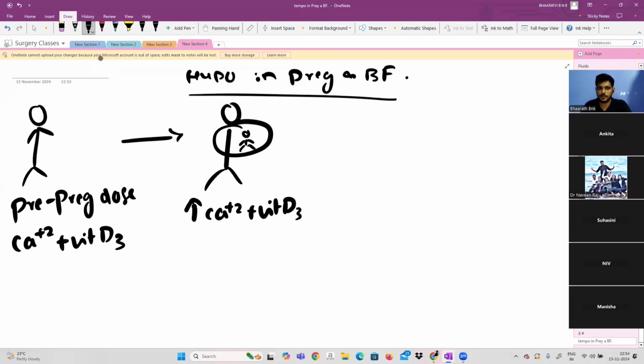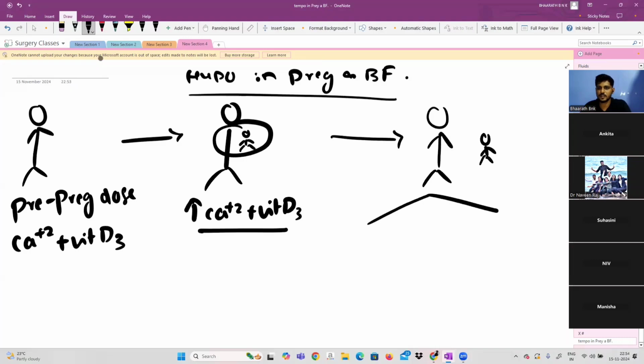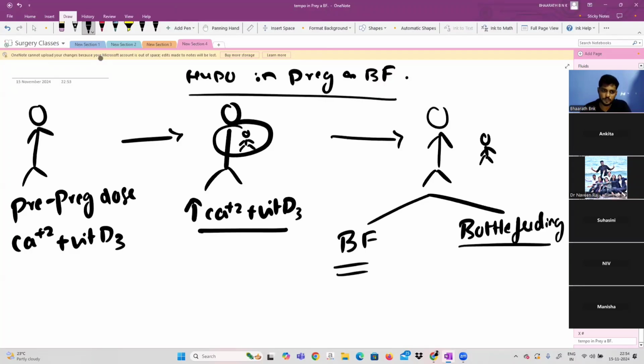Now, how you increase depends upon the titration, right? You keep on measuring the serum calcium level and try to maintain it at 8. If you continue the pre-pregnant dosage, obviously it will be less. So, that is why you increase the dosage. And once she delivers the baby, right, you see whether she is breastfeeding the baby or bottle feeding the baby. Now, if she is bottle feeding, she is not giving any breastfeed at all, you reduce it to the pre-pregnant dose because vitamin